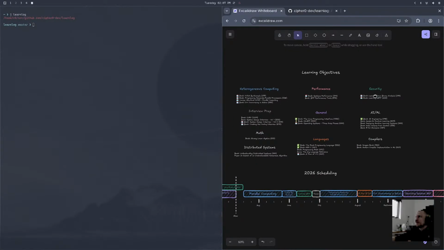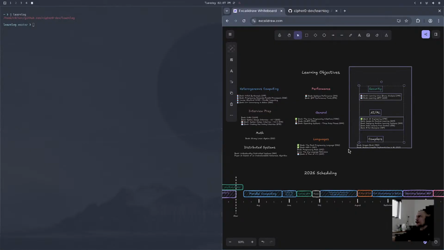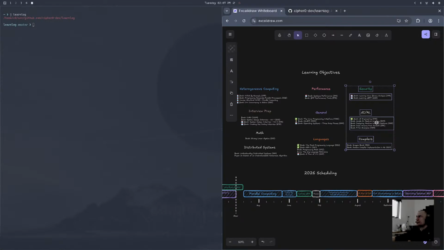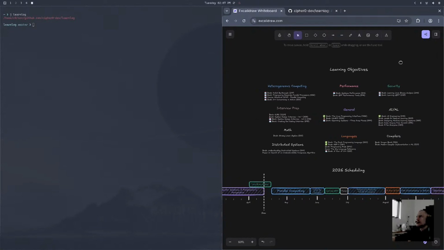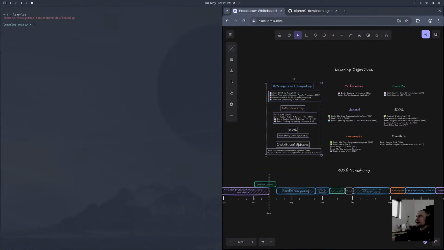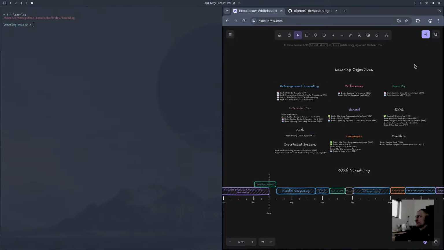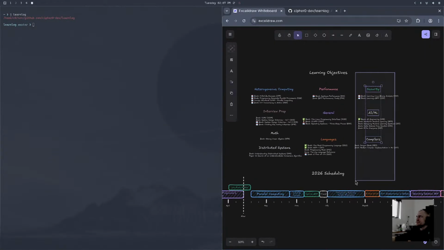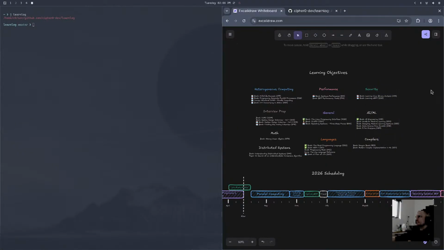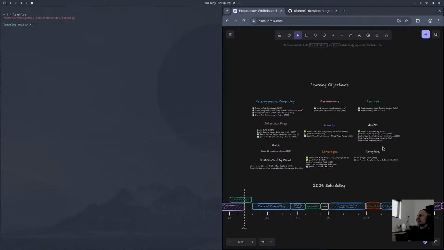I don't know why it's stuck in pan there. Okay, let's grab everything here. Decrease the spacing as much as possible. There we go. And I feel like that would make just everything bigger generally, but